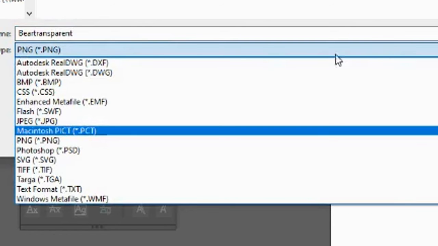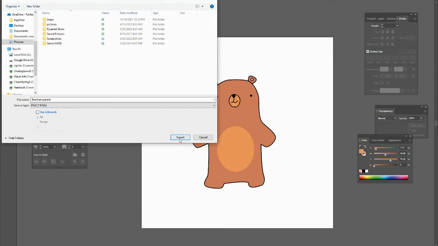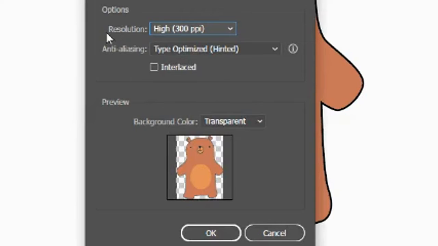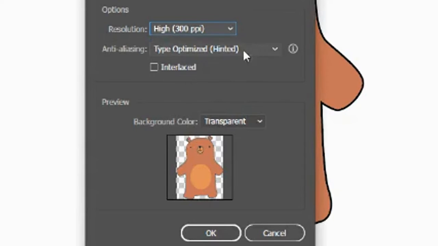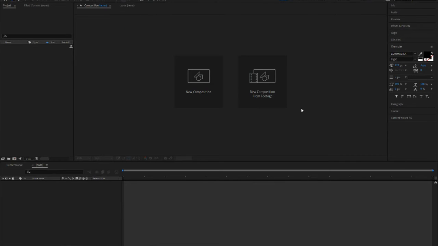You must scroll down and find PNG. Hit export. And then here you want to make sure your resolution is at 300, the best resolution, and your background color will be transparent. It will automatically do it for you, but you just want to make sure you check that and then hit OK. So now you've opened up After Effects and you want to bring in that bear PNG into your project